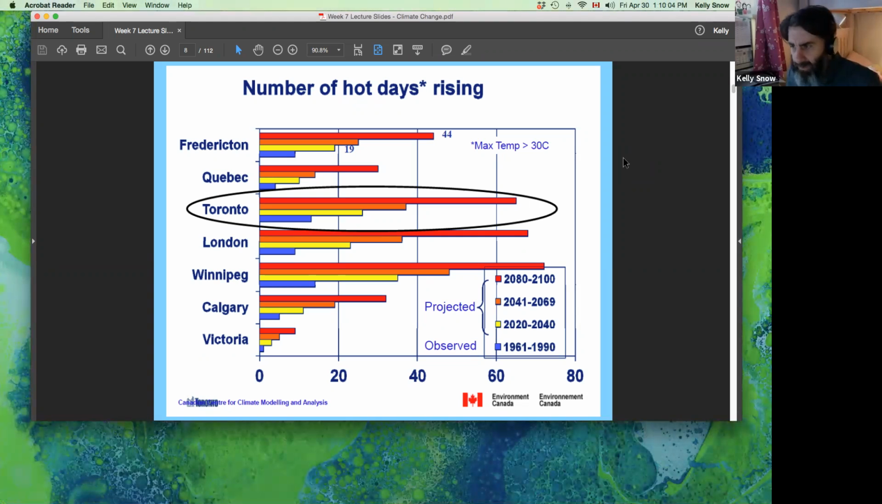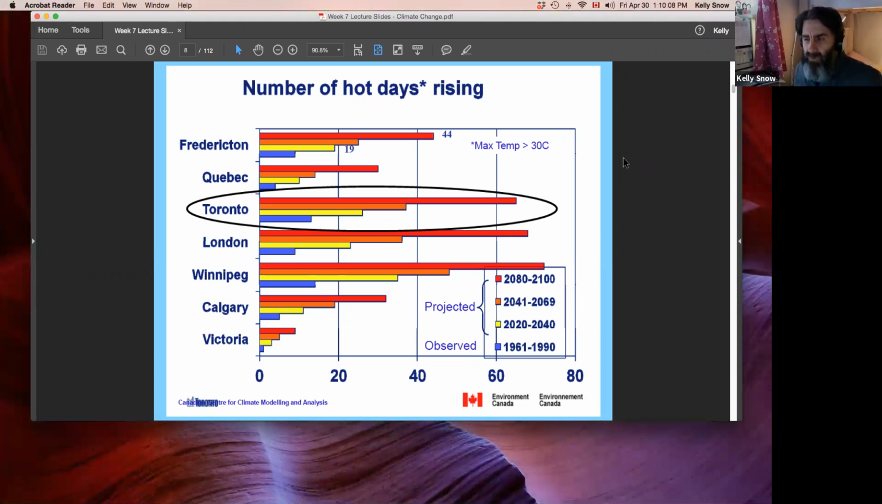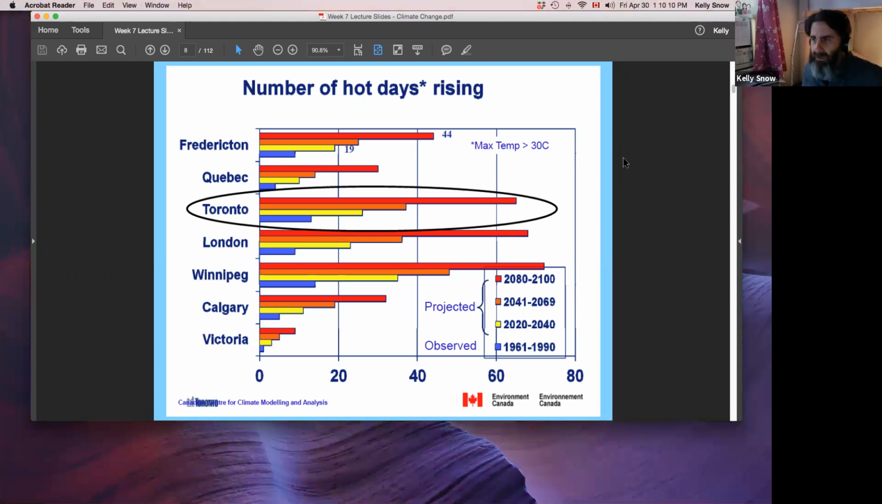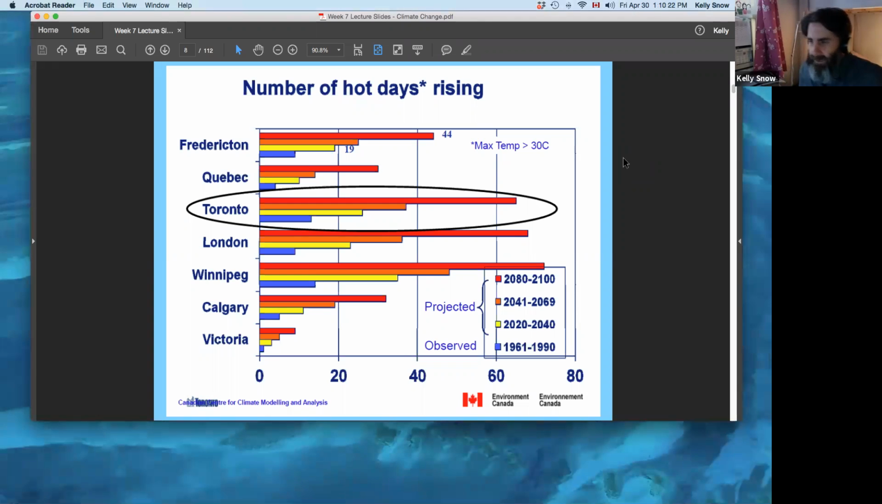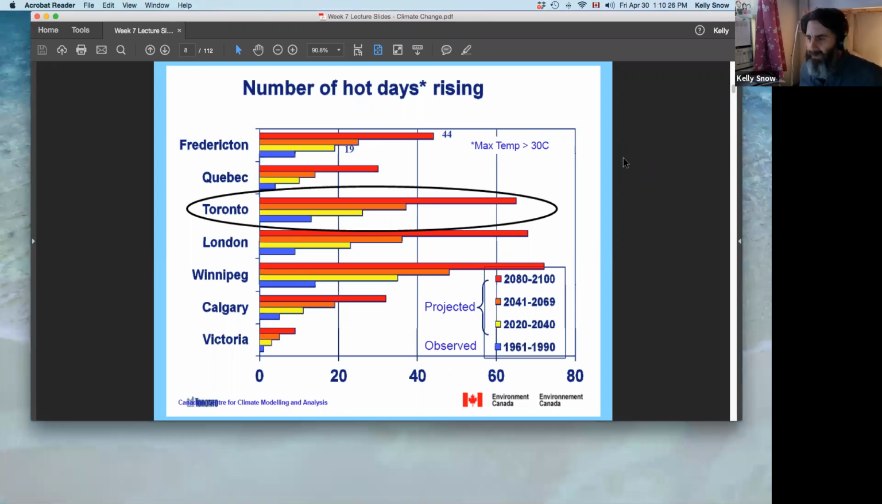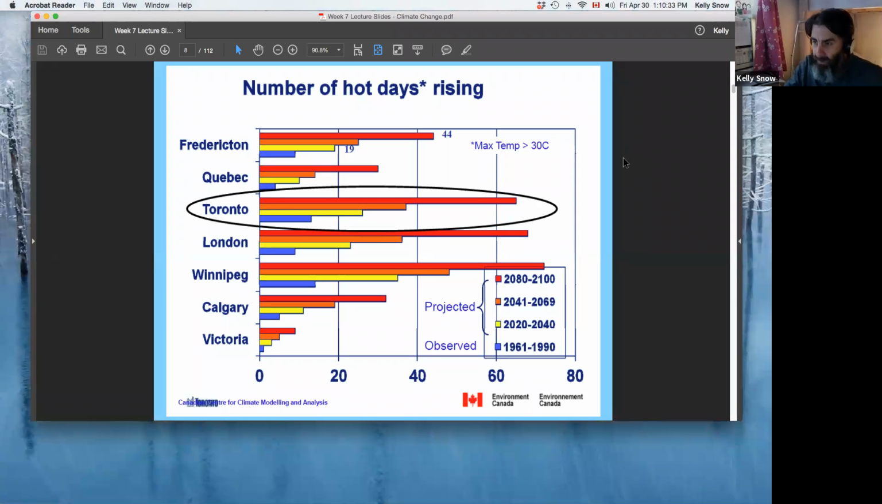We are currently looking at around 25 hot days, or over 30 degrees. If you look at 2020 to 2040, we're already in that range. And coming up by 2080, we're going to be looking at almost 70 hot days a year over 30 degrees. So this is an extreme change in our climate over a very short amount of time in terms of